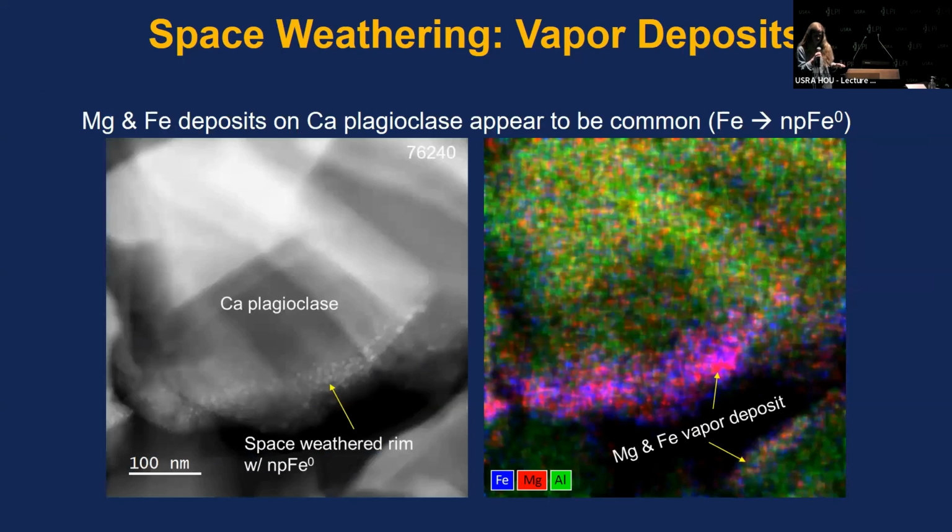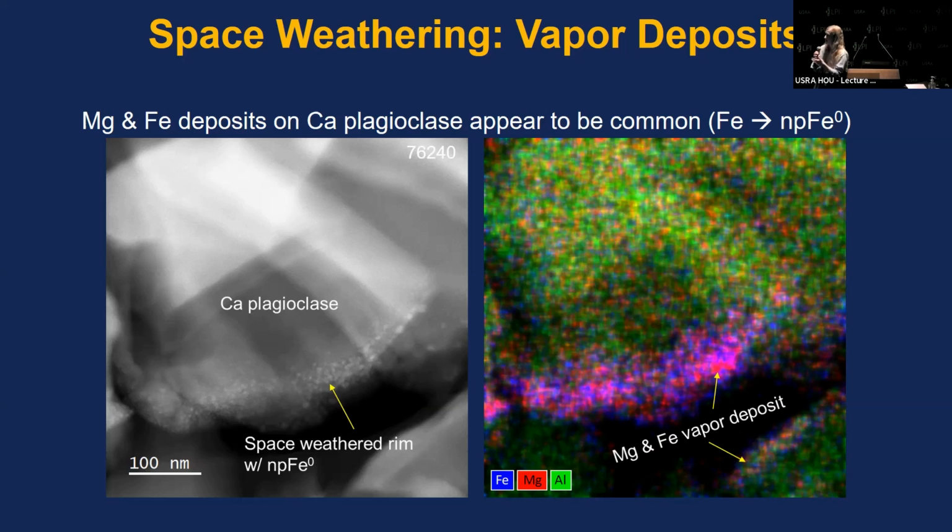So to move on to some of the space weathering themes of stuff that we've looked at, we're going to go through several TEM images. These are dark field HAADF images on the left here, and this is an EDS elemental map plotting iron, magnesium, aluminum. So a vapor deposit or a sputter deposit feature that we come across pretty frequently are ferromagnesian deposits on plagioclase. Plagioclase itself seems to be rather featureless and more of a substrate for deposits